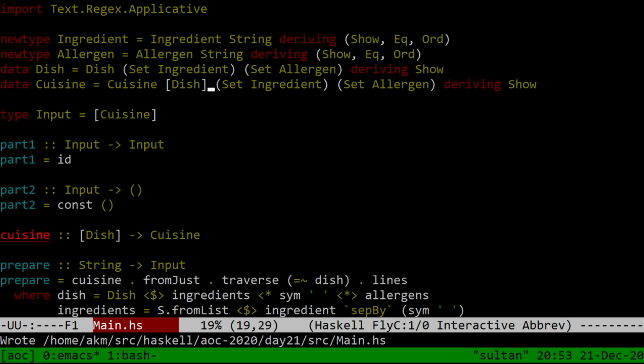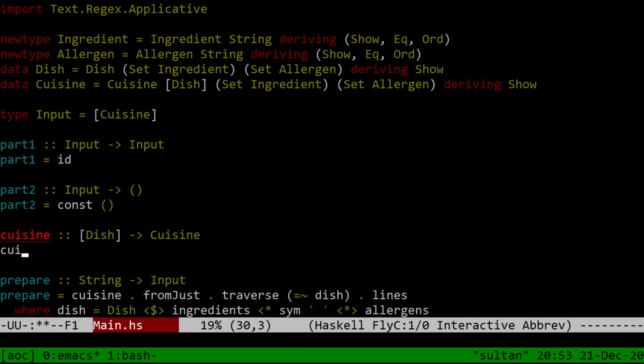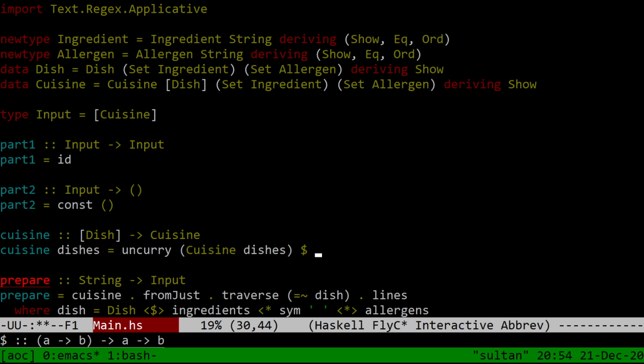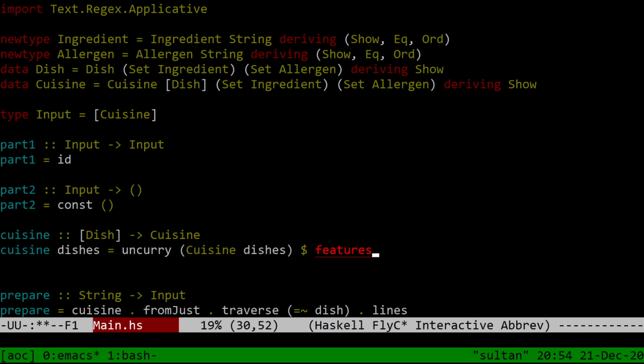But I think we can do this with a fold map using a pair to accumulate stuff rather than a cuisine. So cuisine dishes is cuisine dishes, which we will uncurry over inputs. Features. So my idea is that features will be a pair, a set of ingredient and a set of allergen. Where prepare is fold map